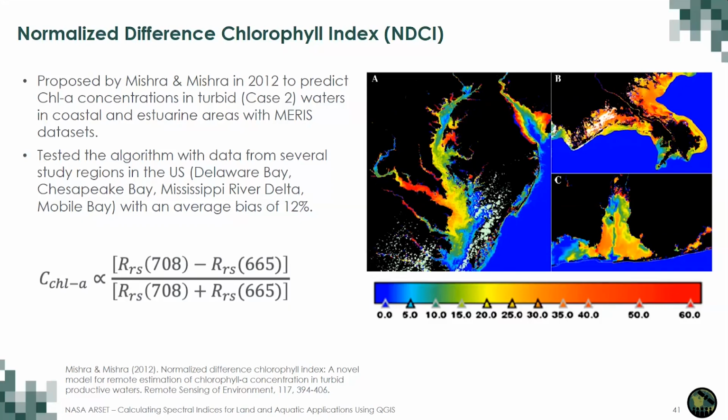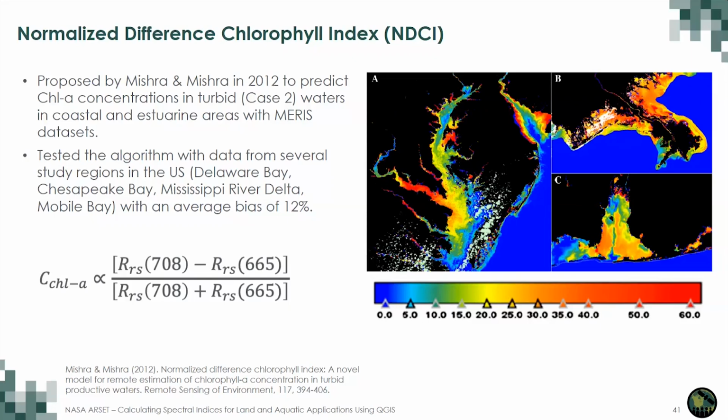Similarly, a wide spectral absorption peak between 665 nanometers and 675 nanometers is generally assigned to the absorption by chlorophyll A pigments. The authors selected the two spectral features centered at 665 nanometers and 708 nanometers to develop NDCI and to avoid the confounding influence of colored dissolved organic matter and total suspended sediments on the water reflectance spectra at shorter wavelengths. Also, as both bands are closely located, they assume that the colored dissolved organic matter and total suspended sediment absorption